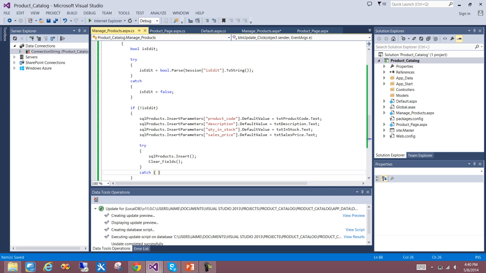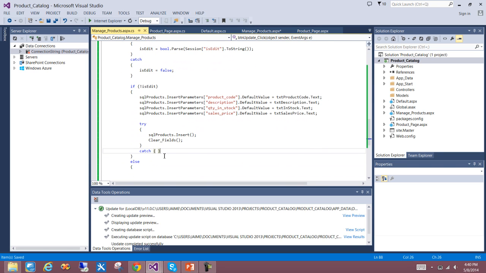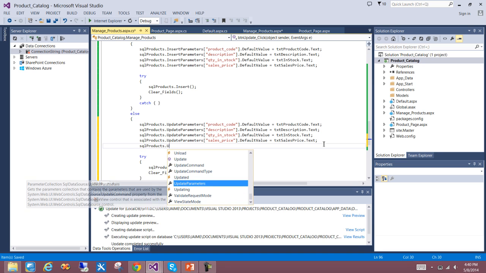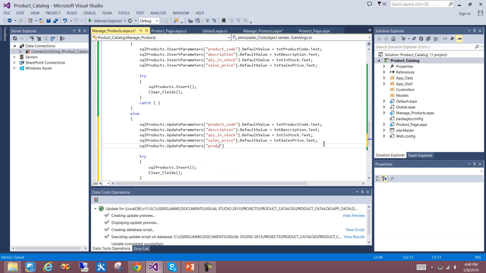Now what I want to do is add one for edit, and the edit will be pretty much the same exact thing. So what I want to do here is I'm just going to copy and paste and then modify it. So I'm going to copy this and I'm going to paste it here, and then instead of insert, it'll be update parameters. Again, it's just being a little lazy, nothing wrong with that. But I am missing one more, which will be SQL products dot update parameters, and that will be products ID,